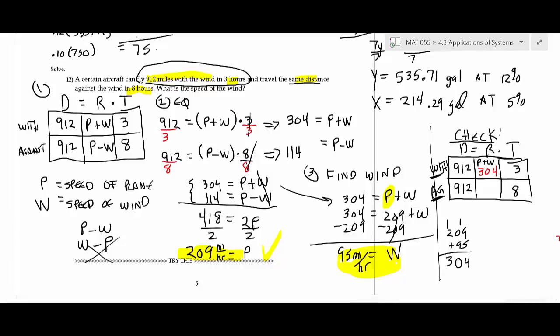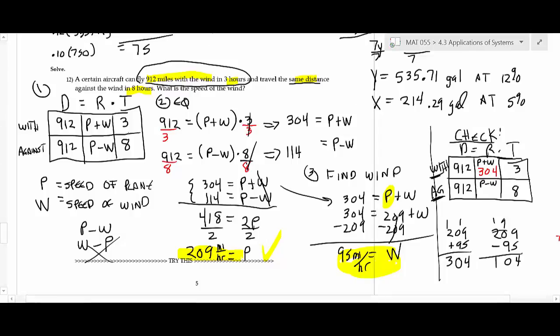Now, if you go against the wind, what did we say we were doing? We said we take the speed of the plane, and to slow down the plane, what did we do? We subtract it, right? So you want to do that. So 9 minus 4 is 5, or no, 9 minus 5 is 4. And then that one you would have, what is that? 104, yeah. So this one you're doing P minus W, like this. So P minus W gives you